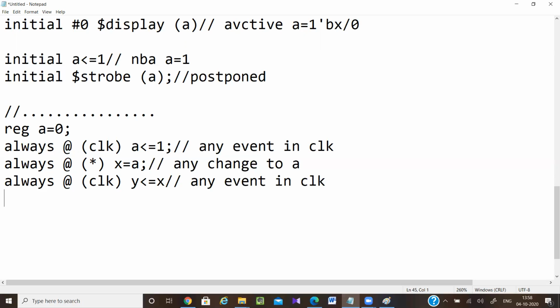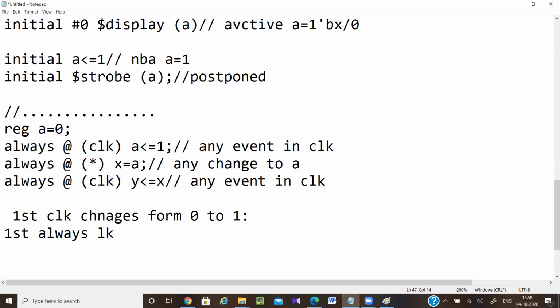First just think my clock value changes. Let clock value change from 0 to 1, any change 0 to 1 or 1 to 0. So here what will happen? The first always block and third always block will get executed.